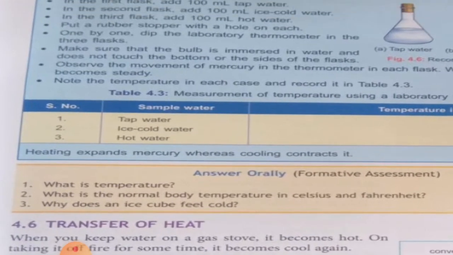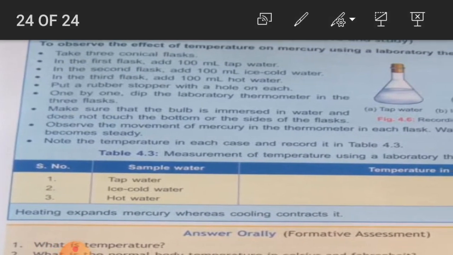Now here you have to underline some words: conical flask, and rubber stopper, and steady.